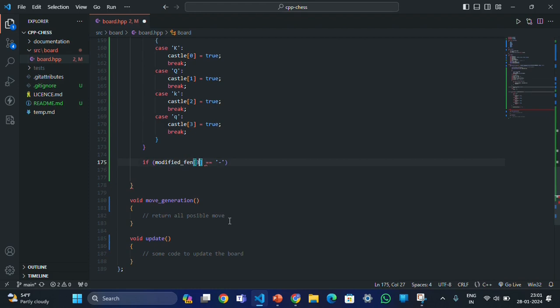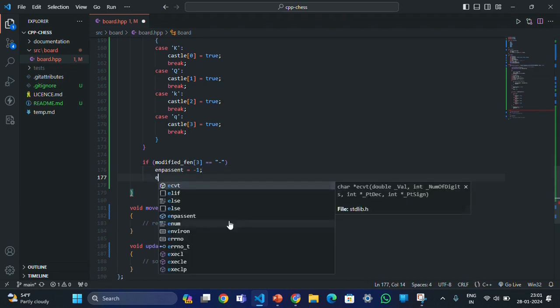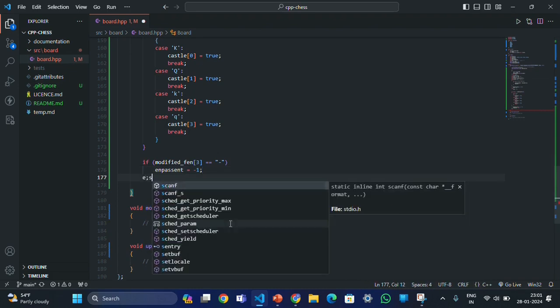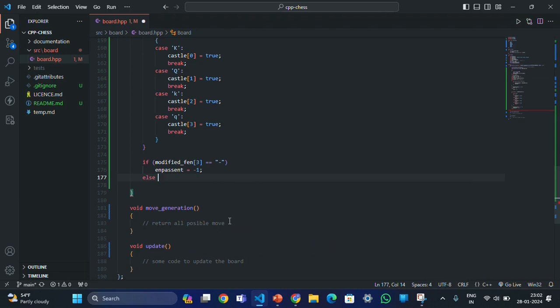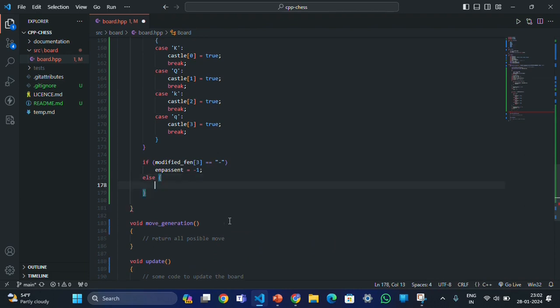If it is not, then, okay, it should be a string. I always forget that. Equals to the string, then what should I do? En passant equals -1. Else, en passant should be equal to